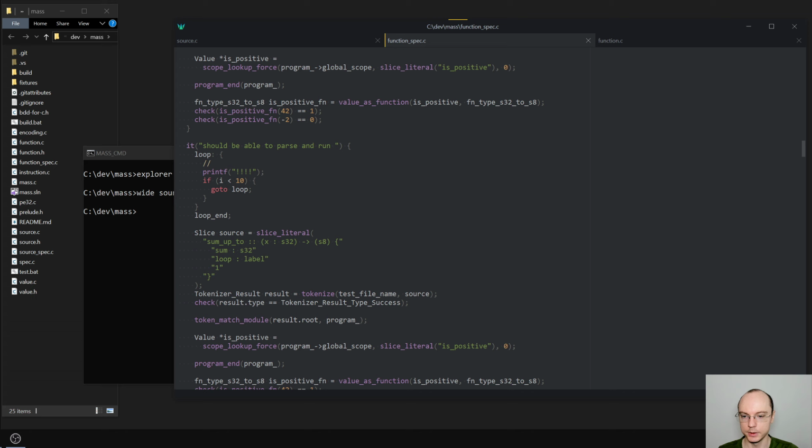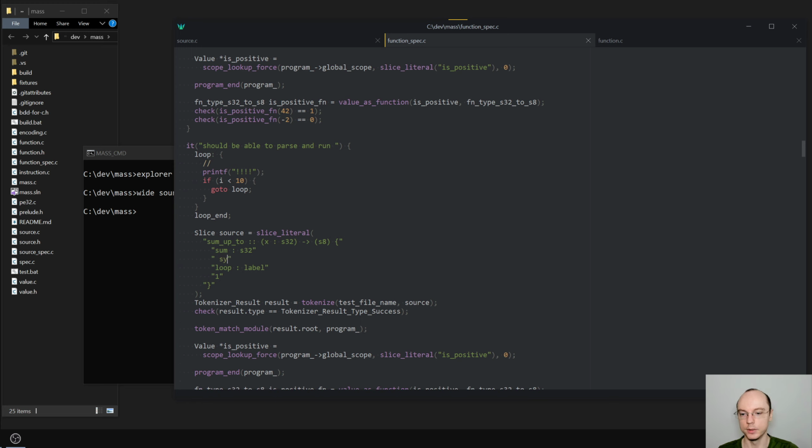So say that it's S32, and I don't support this form yet, but we will at some point. So I will have to spread it across 2 statements: first declaration, then assignment,